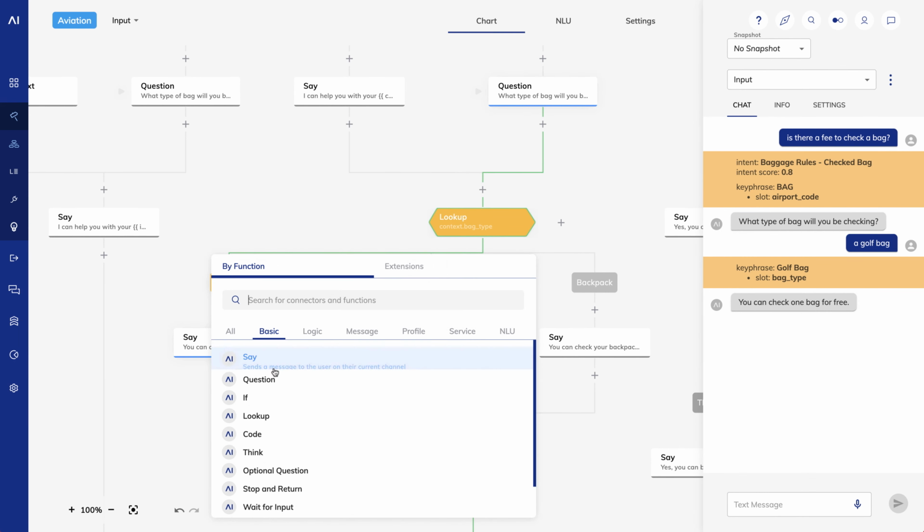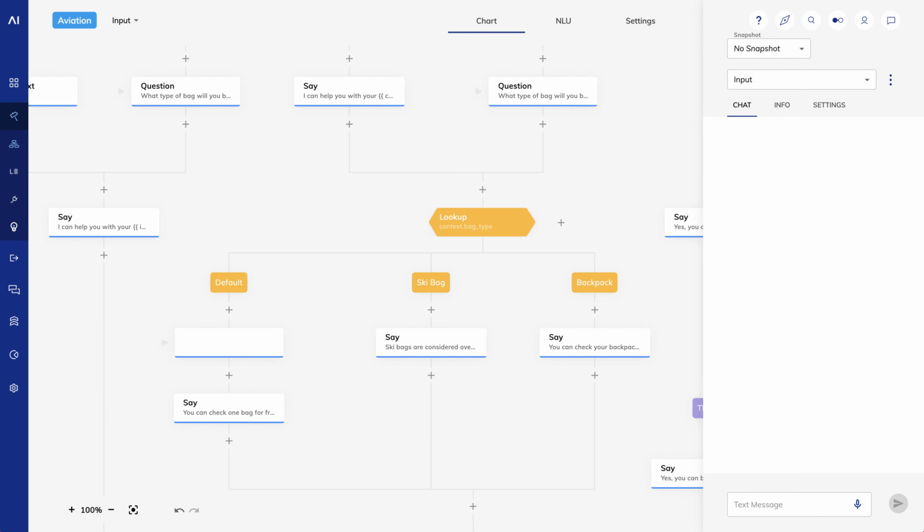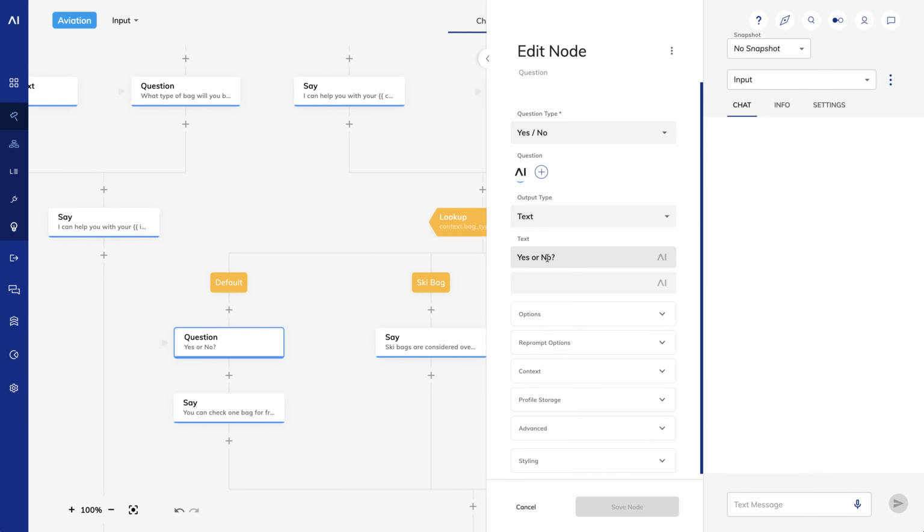I'll create a question node that says, "Are you a Premium Gold member?" If I were to make this a yes or no question, Cognigy would only accept yes or no as an answer. So I'll make it a text question that will accept any response.